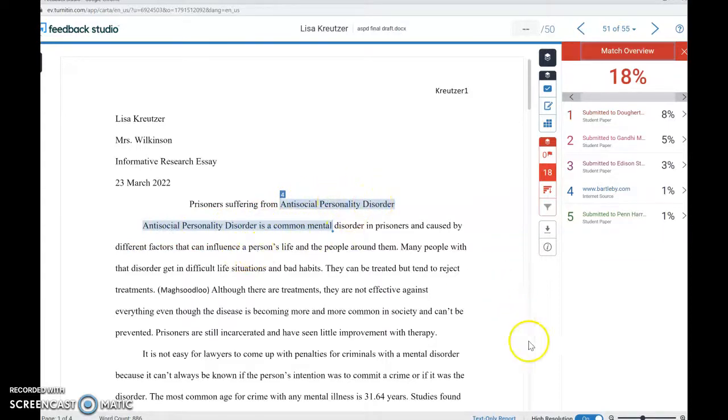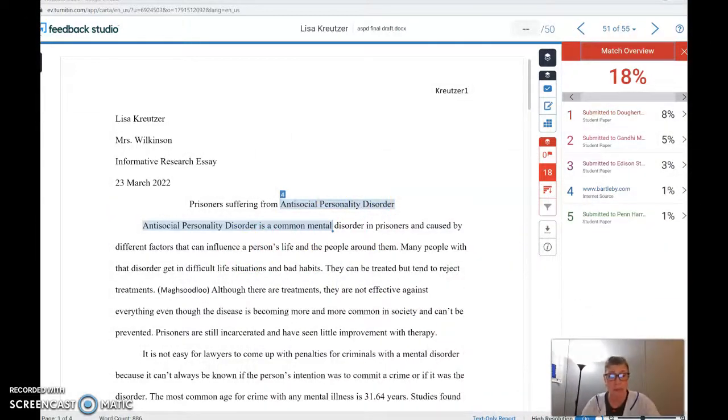But the rule is that it should be, I'm going to put myself back on here, the rule of 5 words. Here's what that means. No more than 5 words in a row should match up with your source. I understand that names, dates, places, proper nouns, etc. may end up matching, but if it matches more than 5 words in a row, that is close to being plagiarized and you need to paraphrase it more effectively. I am not going to tell you a certain percentage over here is okay. You have to think and analyze your results to find if there are more than 5 words in a row